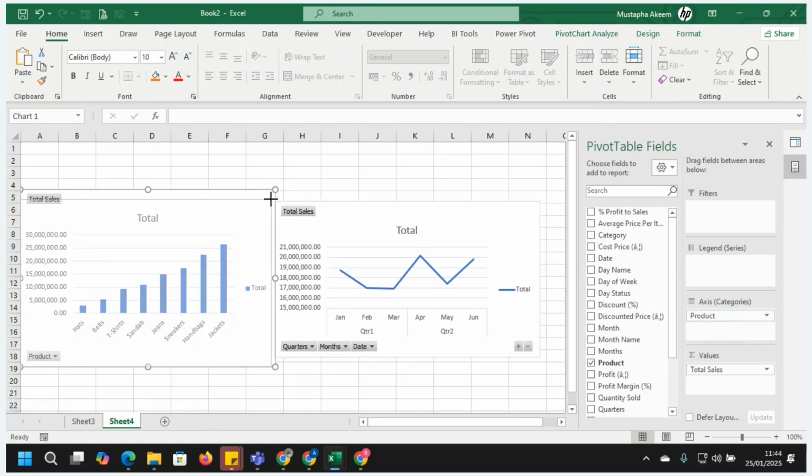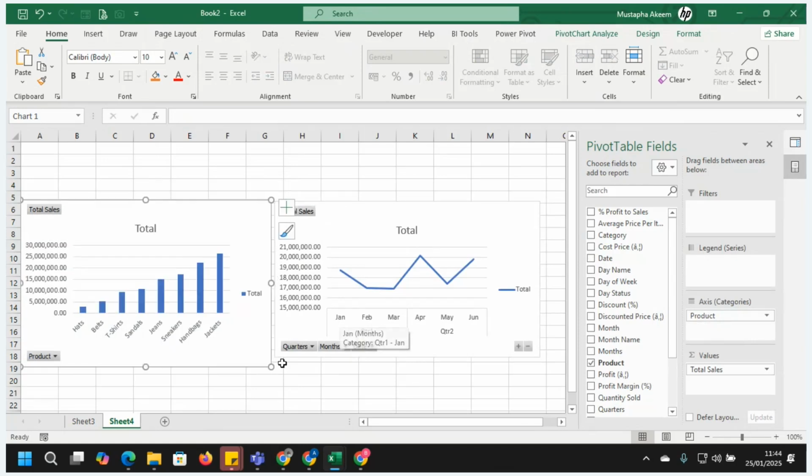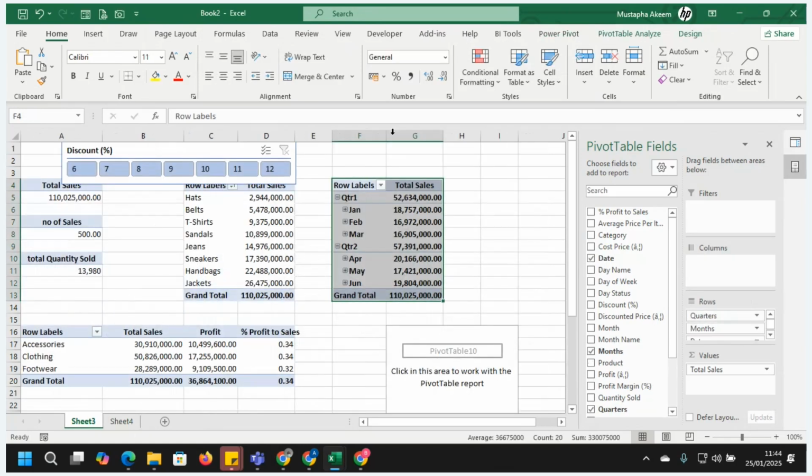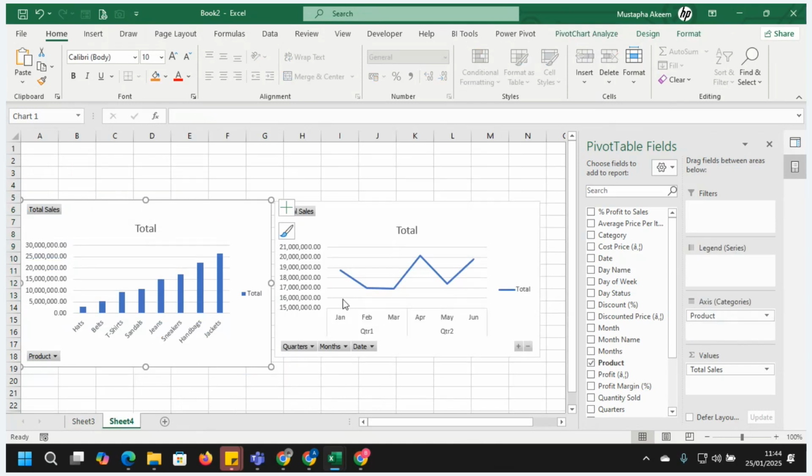You can see the movement by month. Something we did not notice when we were here. We don't notice the movement of the sales when they go down, when they go up. Now we notice them here. January sales, February sales, March sales. We have higher sales in April. It went down again in May, and we have good sales again in June. You can see by quarter, and you can see by month. So that is another thing.